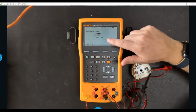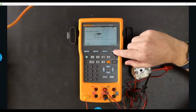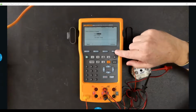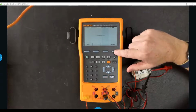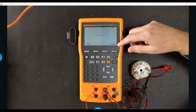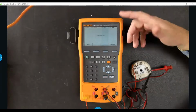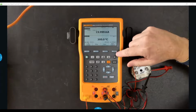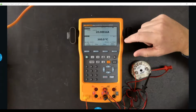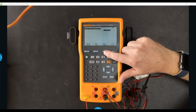We'll continue. Again, it's going to record that same data: the tag ID number, the SIL number, who did the test, and that's it. So we'll continue, and then it says, okay, the final message that can be put in. If there's a message for the tech, let's say to turn lights off or close the box, whatever, that's done. So now that information has been captured into the calibrator. And if I review memory, you'll see here's that